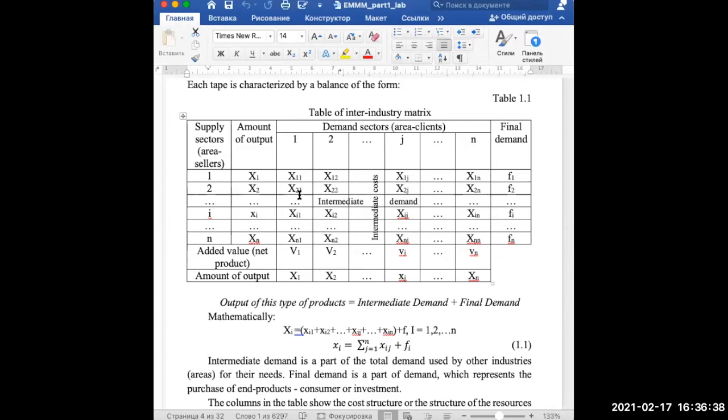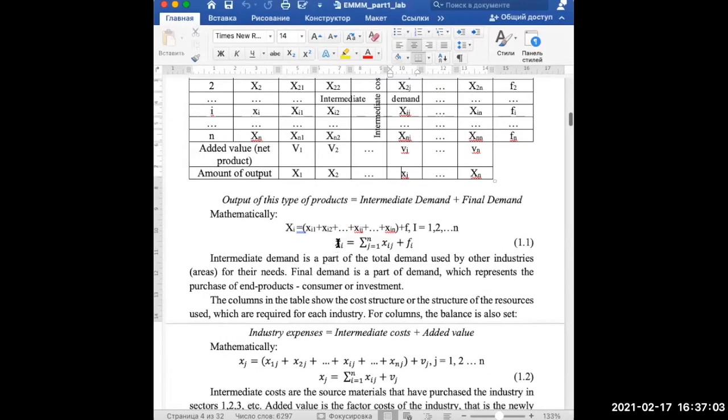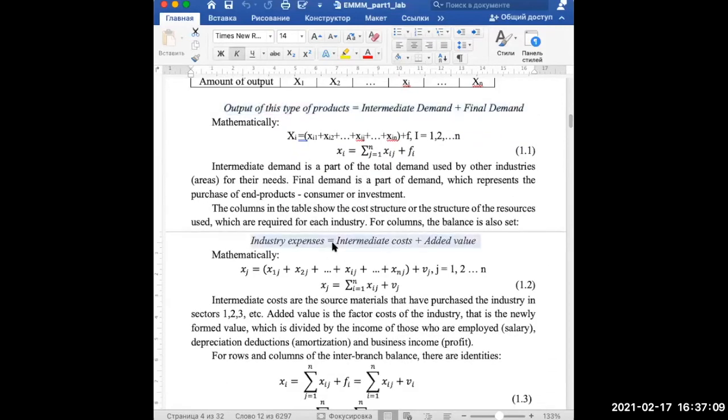And on the other hand, we can find the amount of outputs of each branch based on calculation of all the costs which we need to spend if we want to produce some amount of products. And that's why from one hand we use these formulas, and from the other hand we use these formulas where industry expenses